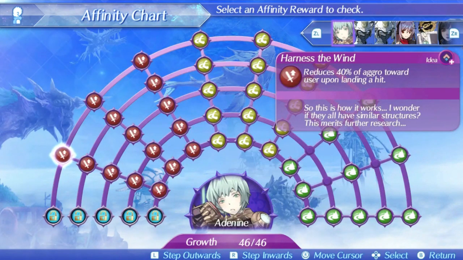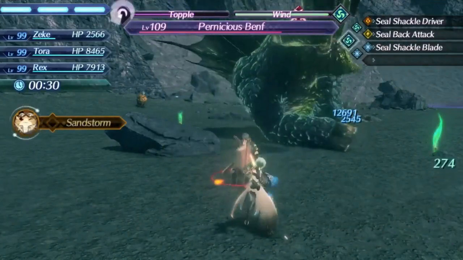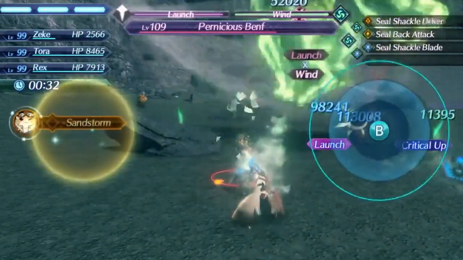Its bonus effect is reducing all current aggro by 40%, which is alright, but not the most overly useful thing in the world in my opinion. Adenine's level 2 special is Slipstream. This is a 3-hit special of below average speed, but also has a decent area of effect radius